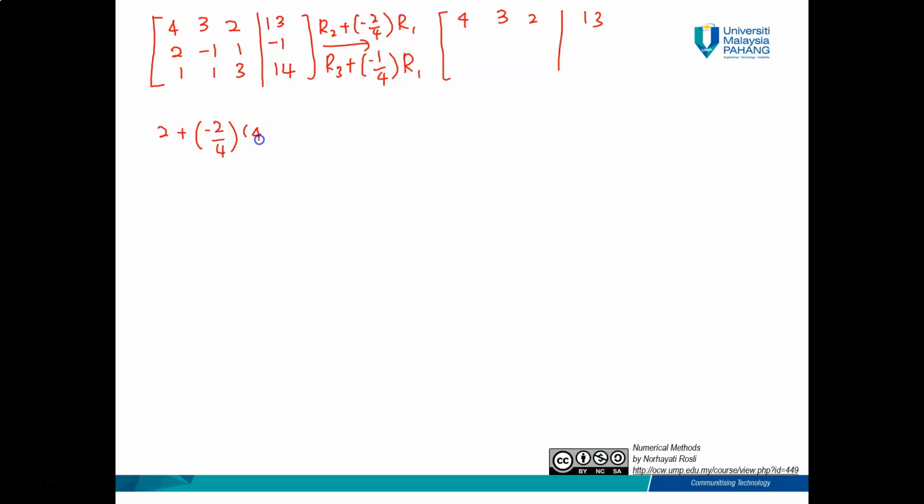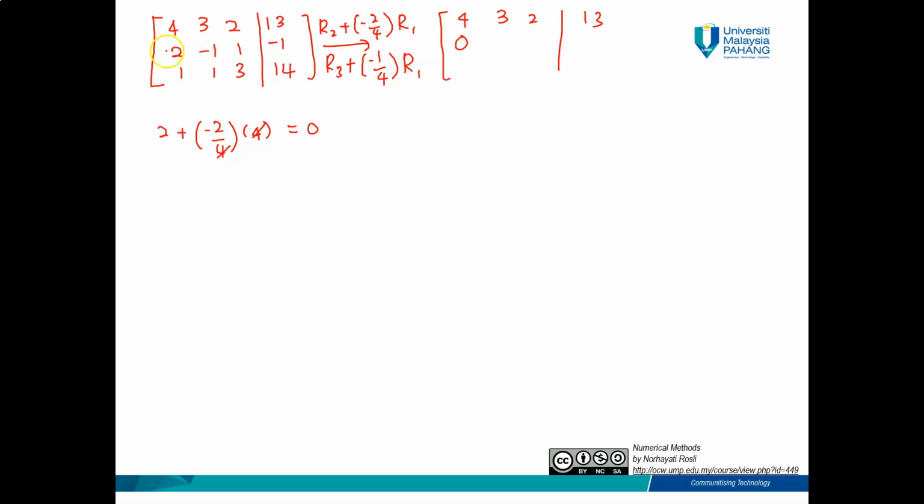That is, we multiply with 4. When we cancel out, we'll get 0. If you do not get 0 for this one, it means that there is something wrong in your formula. Because our purpose here is to make sure the values below this pivot element are all equal to 0. So now we got 0 for this one. And then